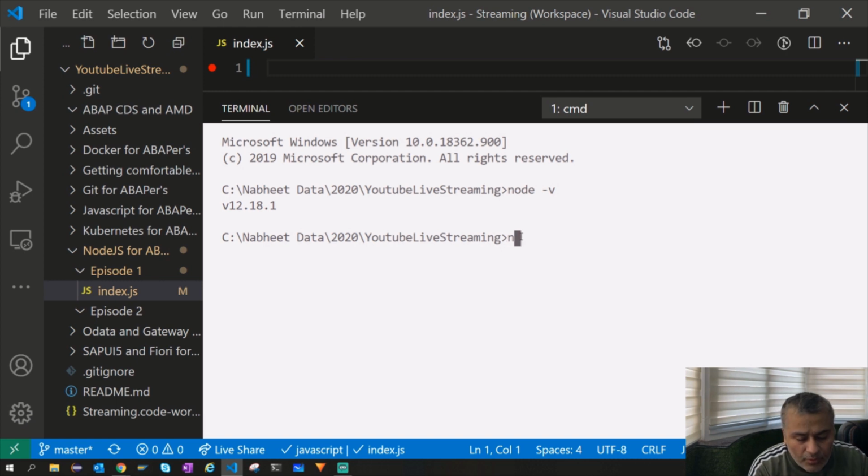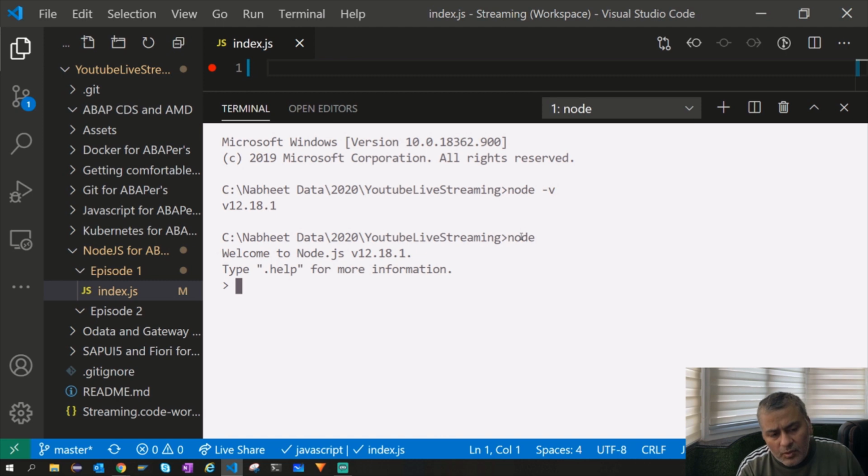Now if you just run the command node, it brings up a REPL. REPL is a read, evaluate, print loop where you can try out stuff for your proofs of concept. For example, you say 2 plus 2, it gives 4, or you say let a is equal to 1, and then console.log a, it will say 1, right?